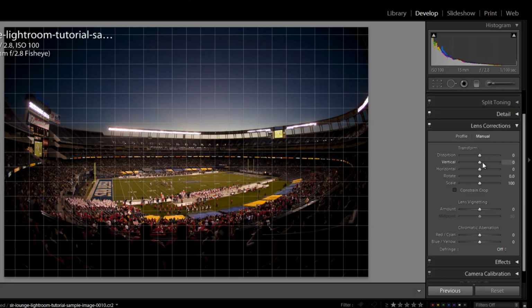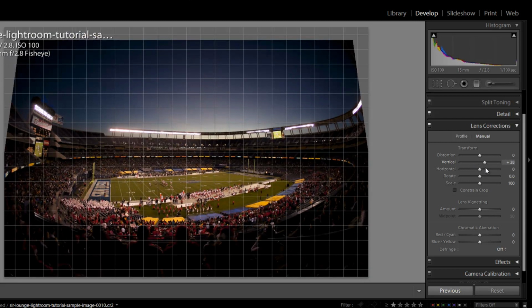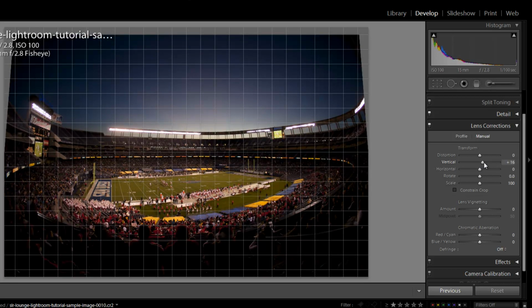So the vertical slider is going to be used for correcting lens distortion that's created from shooting from certain angles. So shooting bottom up or top down on objects, like bottom up from a building, you're going to use the vertical slider, and you're just going to slide it in either direction to correct that vertical perspective line distortion